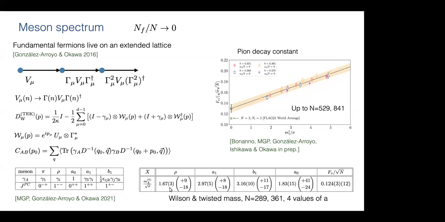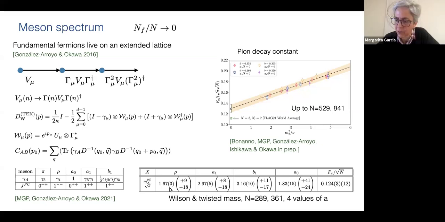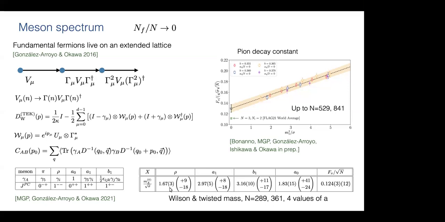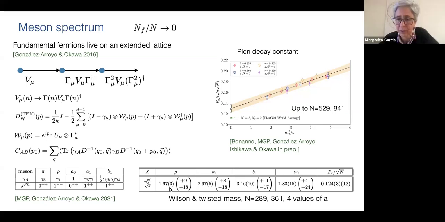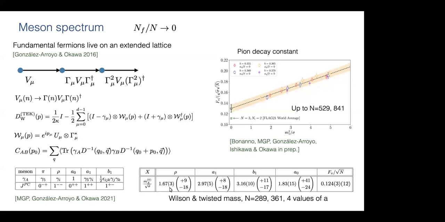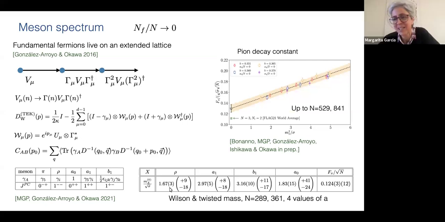Margarita, can I ask a question regarding the Bali work? What was the action they used? The fermionic action, was that Wilson? Wilson. I think it was Wilson without any improvement. I'm not completely sure, but I think it was Wilson. Okay, fine, thanks. I'll look at the publication. Thanks. So the best results are in the thesis by Castagnini, which is probably on the web. And there are also some proceedings where they try to do a continuum extrapolation of some of these states. The best results are there.